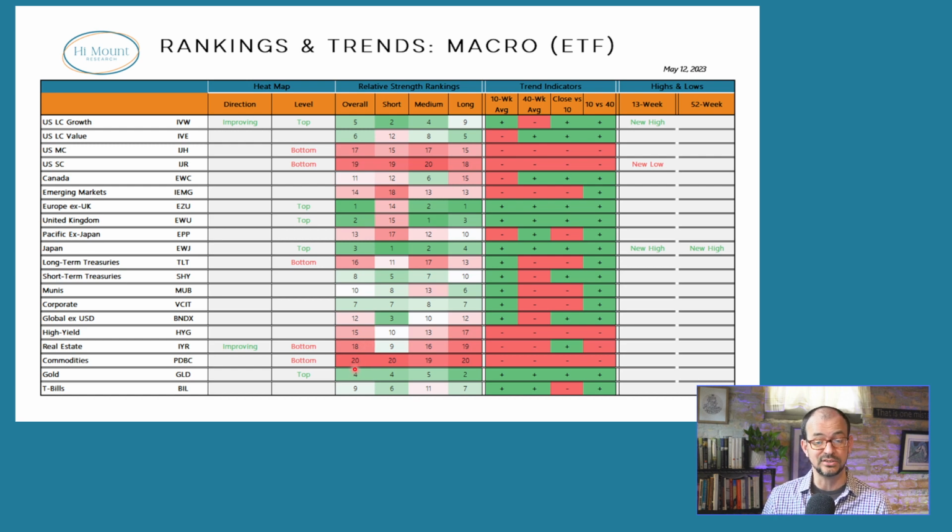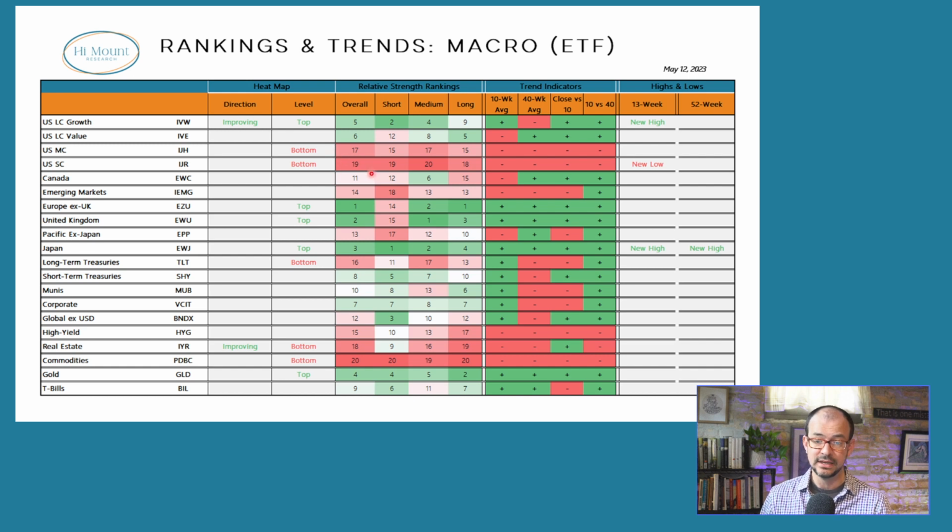Gold already has started to weaken. You're starting to see some short-term weakness on a relative basis out of Europe and the United Kingdom. So watch those areas to see if we get some pressure. Japan has been starting to improve, actually moving to new highs last week. That might be the rotation away from Europe and into Japan.